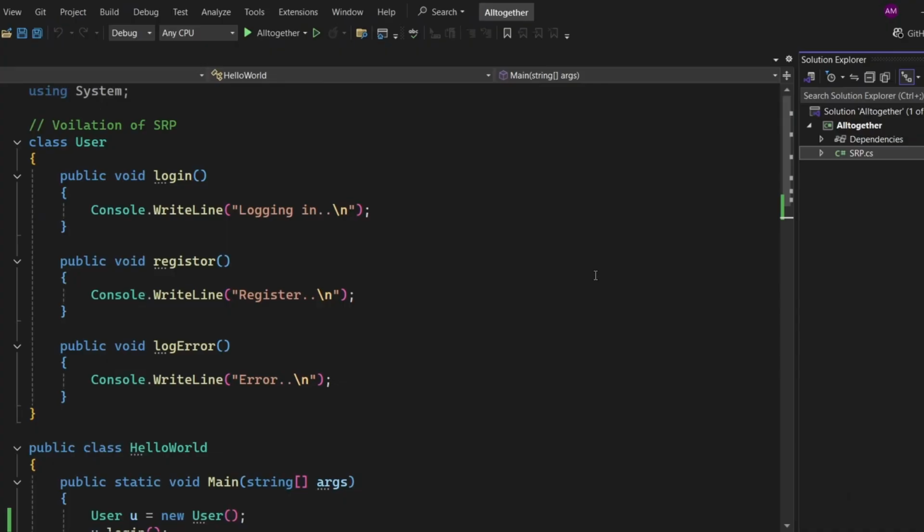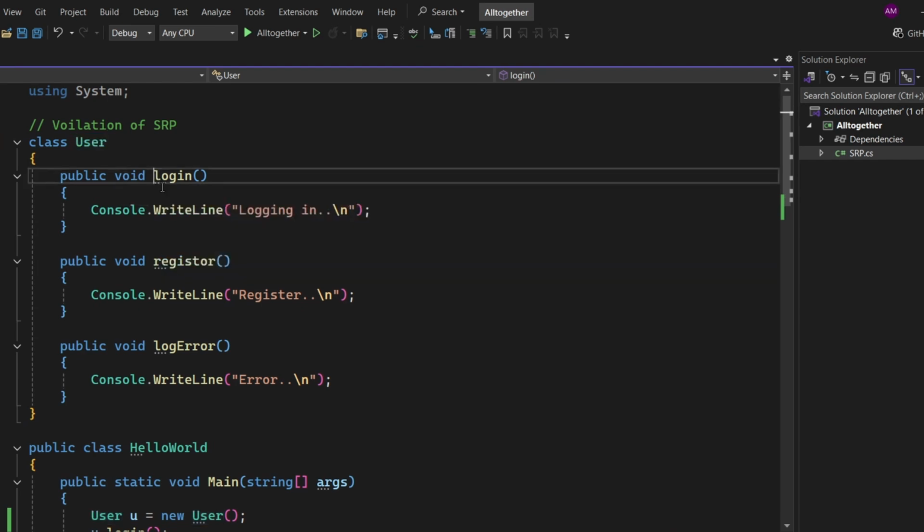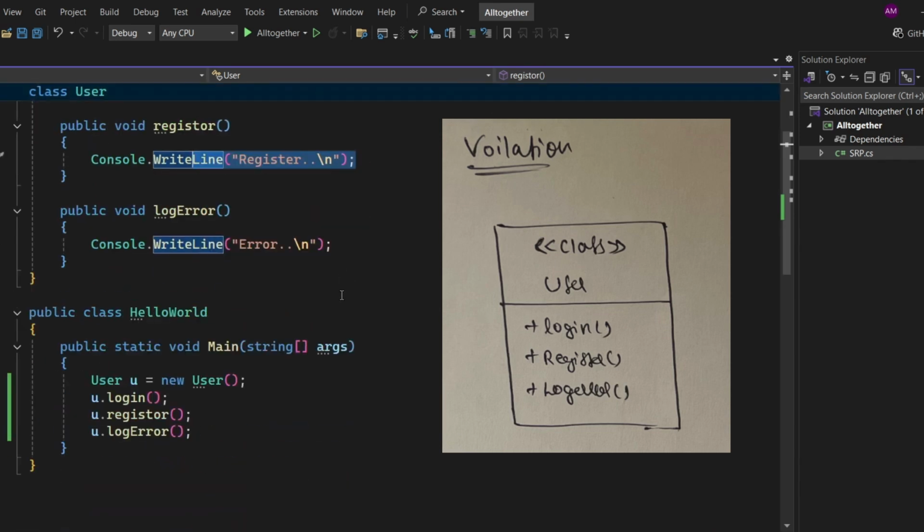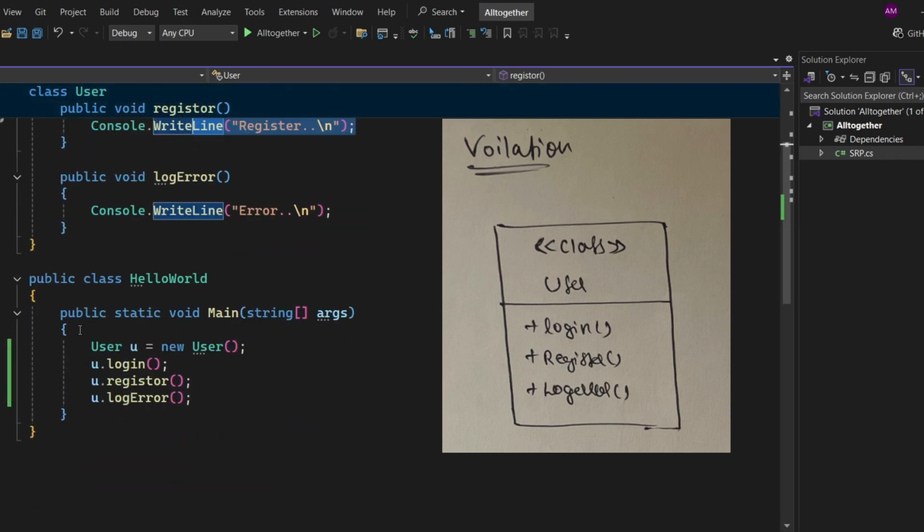Let's see this SRP violation with the code in C#. Here I have a class called user which has three methods as per the requirements: login, register, log error, which are performing their logic inside the bodies of each method. Now in the main code, when I create the object of type user,